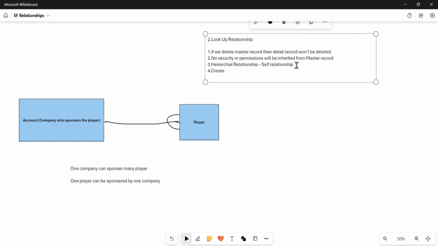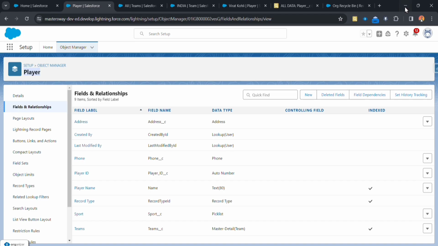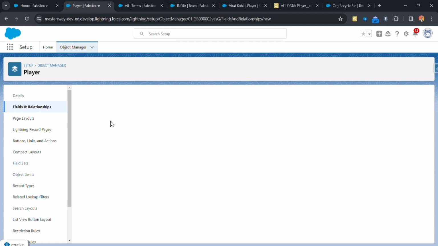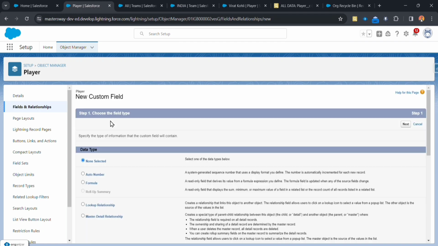Create lookup always on child record. Here player is child record. Let's go and create player child record, new lookup relationship. Next,